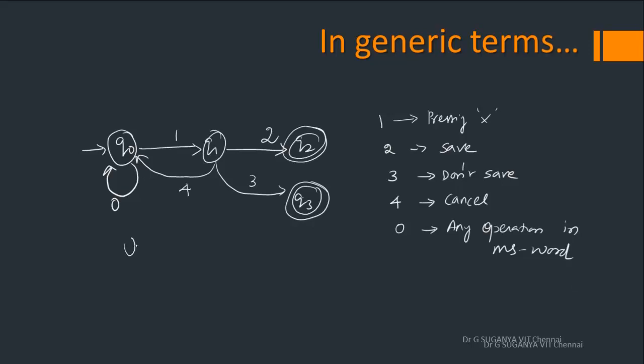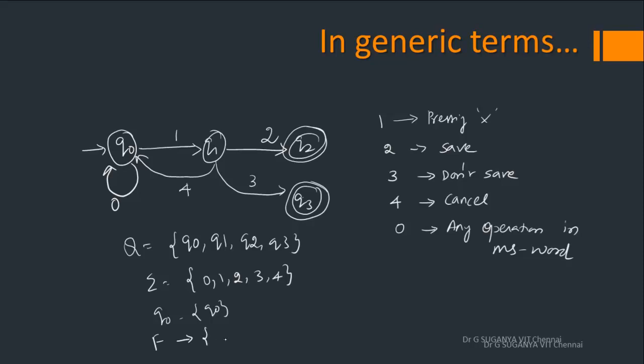So now what is Q here? How many states are there? We have Q0, Q1, Q2 and then Q3. What is sigma? Sigma, what are the symbols you do have? 0, 1, 2, 3 and then 4. Which is the start state here? Again Q0 is the start state because it is represented with an inward arrow without having any source state. Now what is the set of final states you have? Q2 and then Q3. Okay. Now the only thing is how to represent delta.